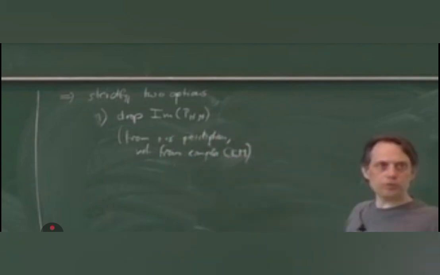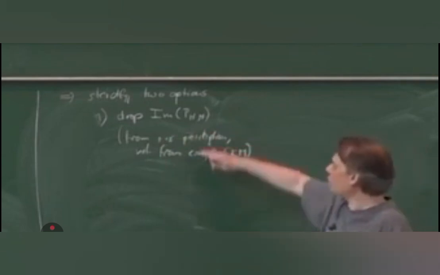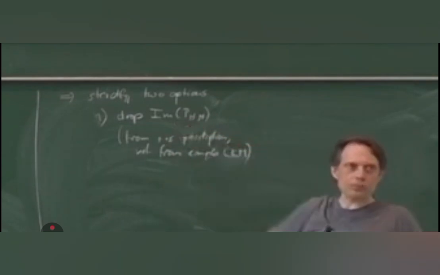We do not have complex CKM here, but in general there might be complex parameters in the CKM matrix, and then we should only drop the imaginary part coming from these plus I epsilon prescriptions, the so-called absorptive parts,